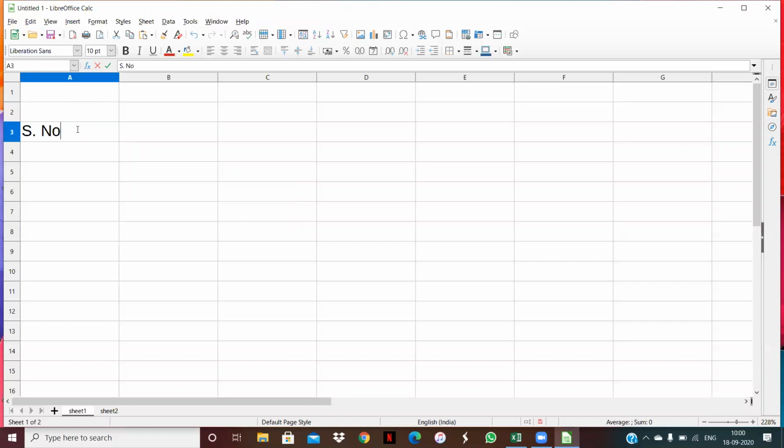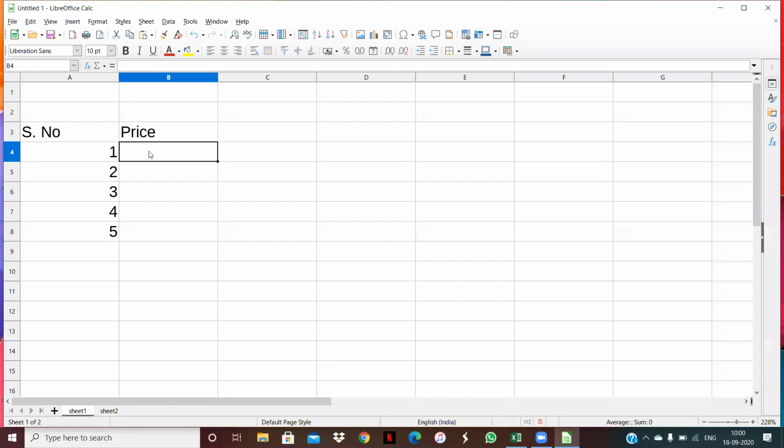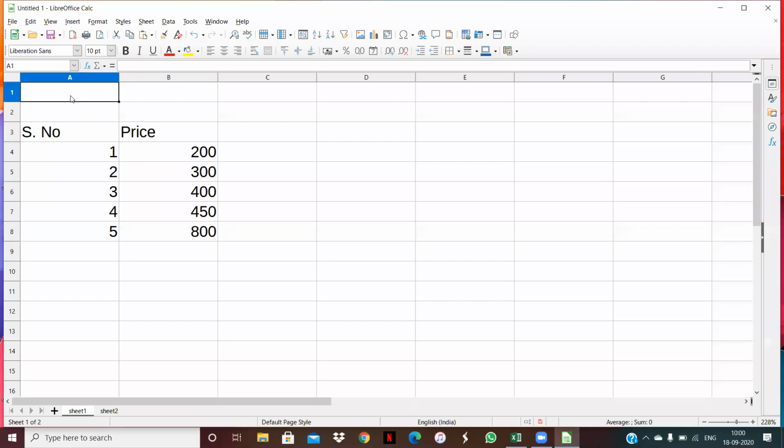The table has this data: serial number and price. Clear? In serial number they have some numbers, and in price there is 200. Suppose we write here the prices 400, 450, 800.